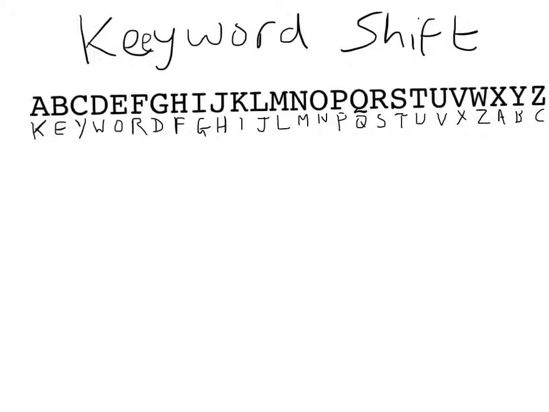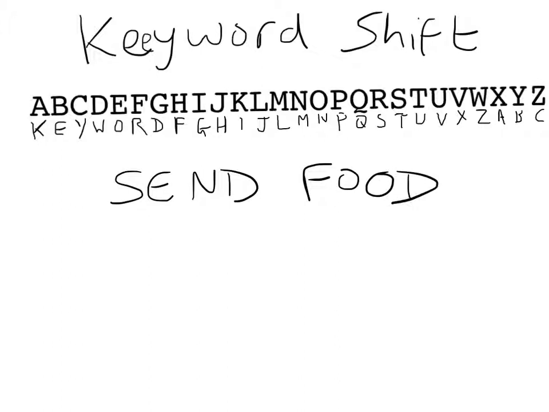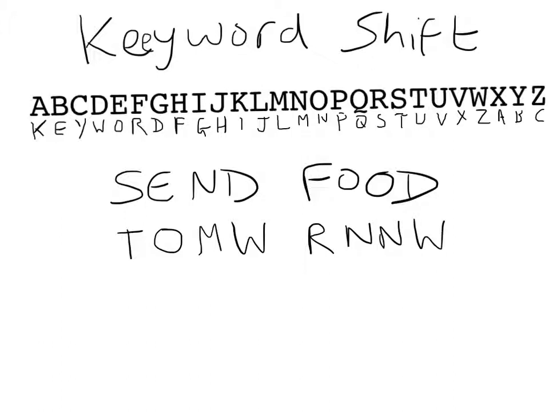Now to encode a message like "send food," I look at the top line, the S in the top line becomes a T. So I write T, the E in the top line becomes an O, N becomes M, D becomes W, F becomes R, O is N, and D is W. So send food becomes